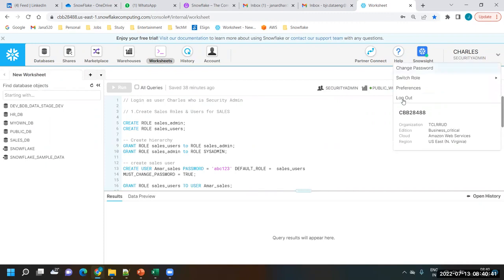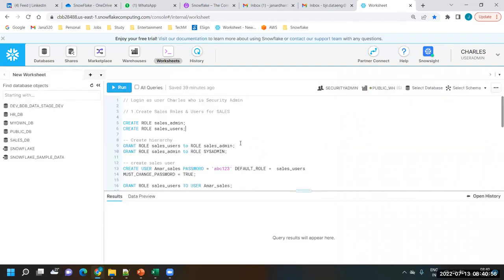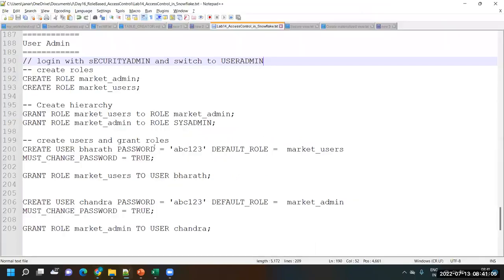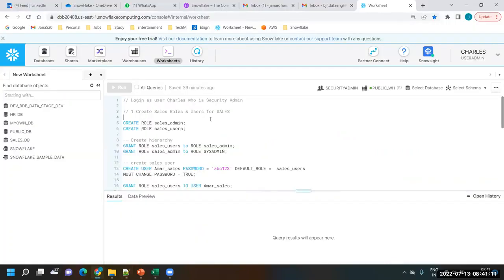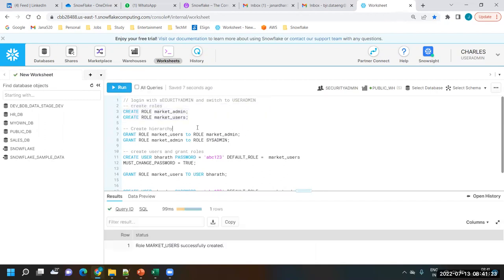Charles is a security admin, and if he wants to switch to another role like user admin, he can do that. So I'm switching to the user admin role, and with user admin I'll operate this. I'm just creating two more roles. So I have two more roles, market users and market admin. This is the marketing department. So user admin can create the roles, and